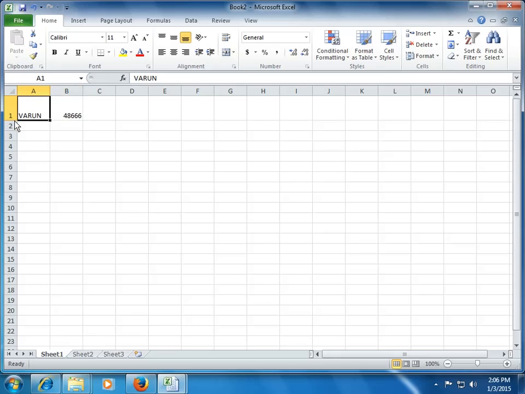You can see that the font color has been taken as black and currently the size is 11. Right? This is the default formatting which this Excel sheet is taking. Now let's see what all formatting we can do with Excel. So first, let's focus on the font style.